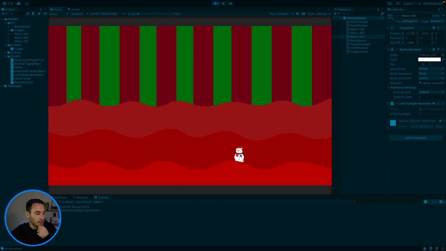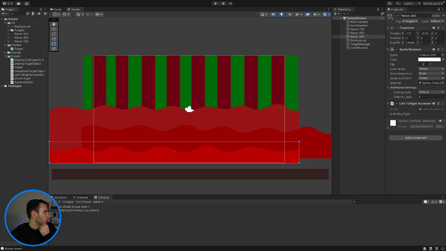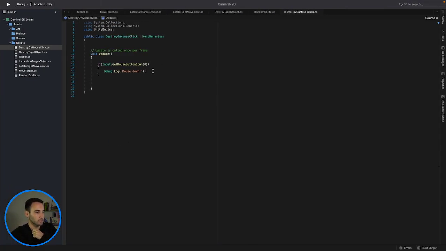So we can click on that. Okay, so that does work. Cool. So now that we have got that ready and working, we can get rid of that, and now we can work on destroying the objects. So let's see. Over here we need to say